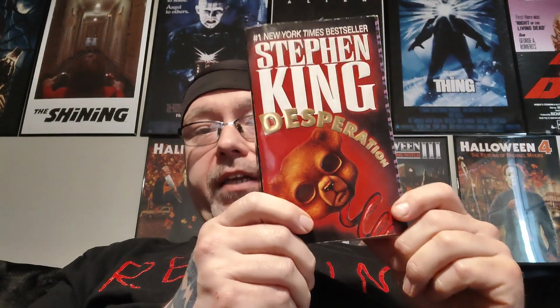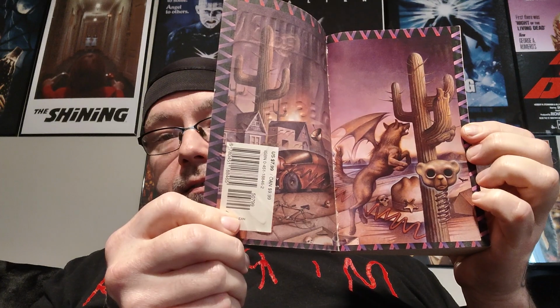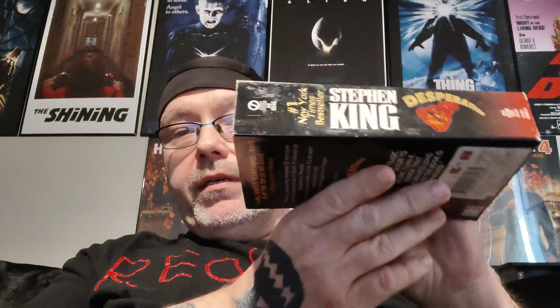All right. And then we're going to finish this out. We got 3 Stephen King books that I got for pretty little money, so I'm happy about that. $2 for this one, and we have Desperation. This one here has a nice little inside cover there. But yeah, $2 for this one. It's in pretty good condition. I mean, a little wear and tear on it, but still,